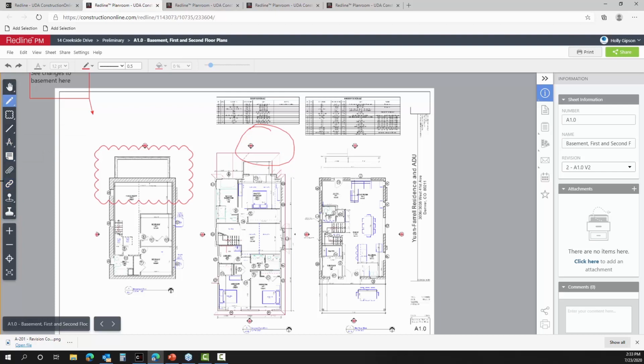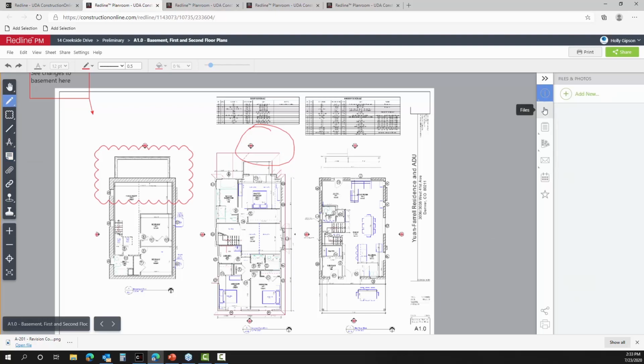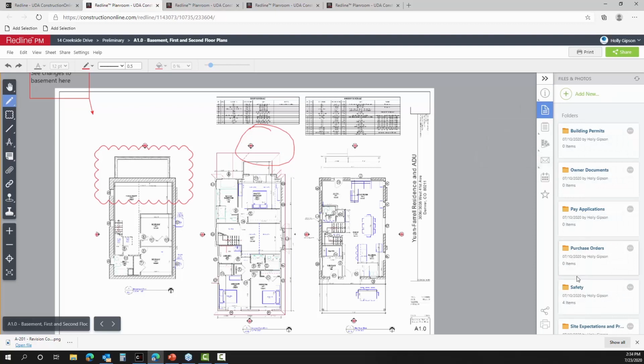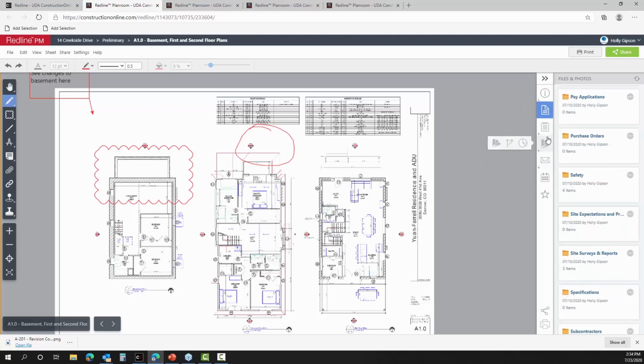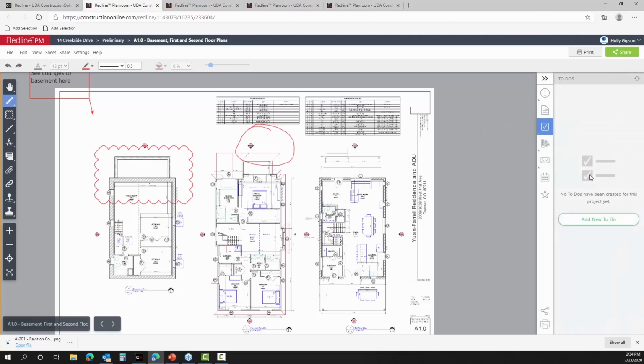But one thing that's really just awesome and unique about Redline is that because it is part of your ConstructionOnline project management platform, really all of the other tools in ConstructionOnline are also available to use as well. You can pin those to the sheet. So for example, if I have things like files or punch list items or to-dos or change orders or anything else that I want to drag and drop and link over to these sheets, I can actually do that from